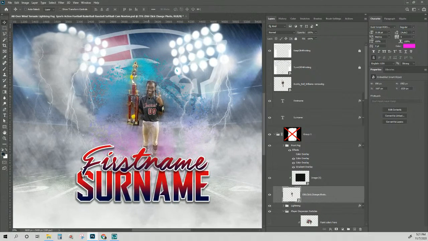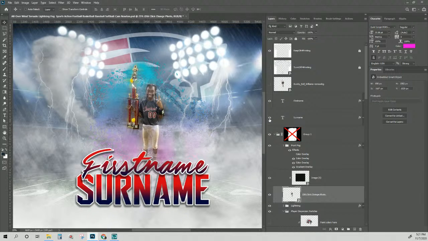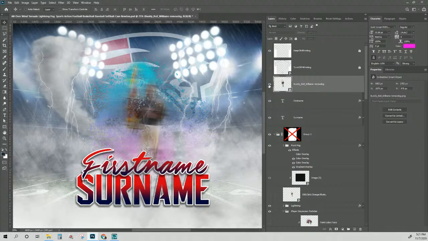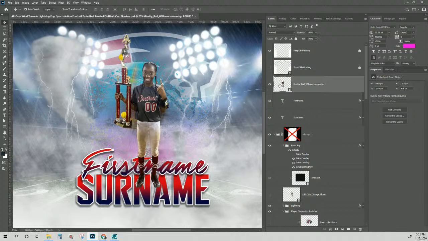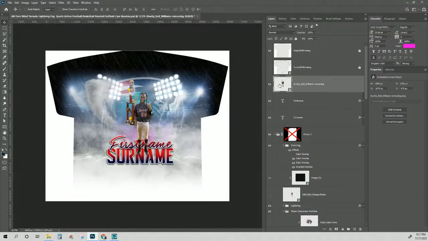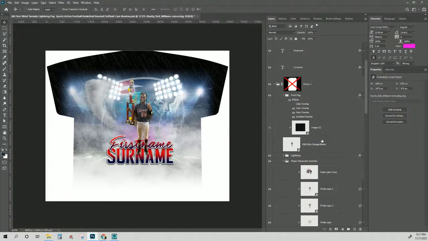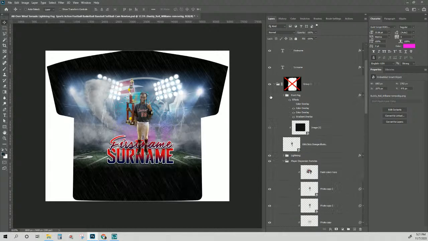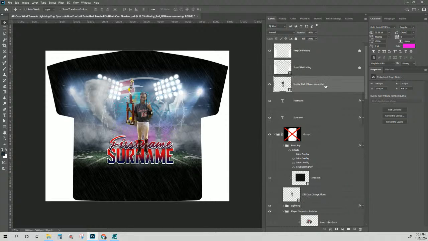All right, and then of course I would have to resize this, move my particles around, all of that good stuff. So I'm going to go ahead and play with this one. All right, so there's a few things we have going on here. I'm going to turn off the front fog for right now so we can just see what we have going on. I'll take the image